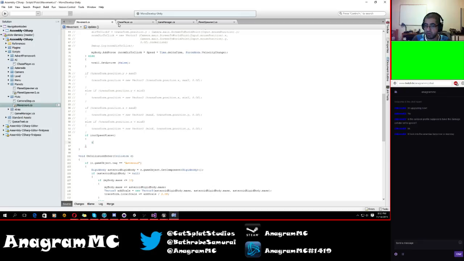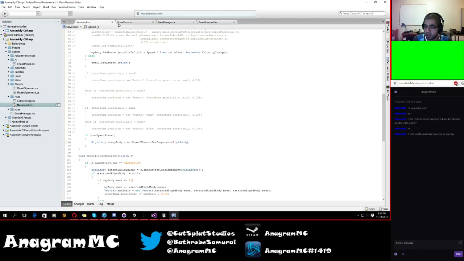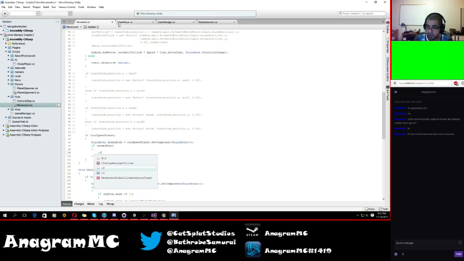Alright, okay, so we probably want to go rigid body enemy body equals correspond planet dot get component rigid body. Alright, okay, then we go if enemy body, just for a null check. Oh, this is going to be a bunch of if statements, isn't it? Ah, that's okay. So the if enemy body dot mass is greater than,